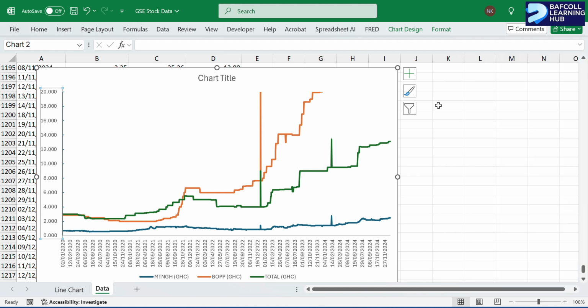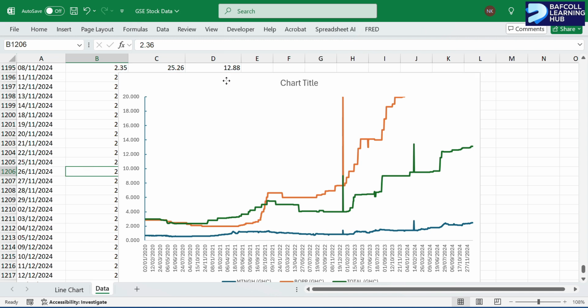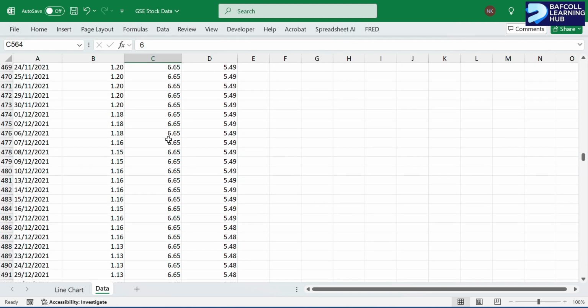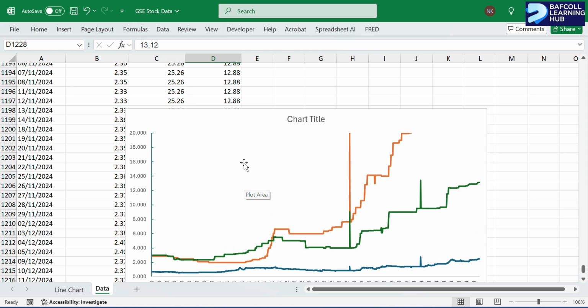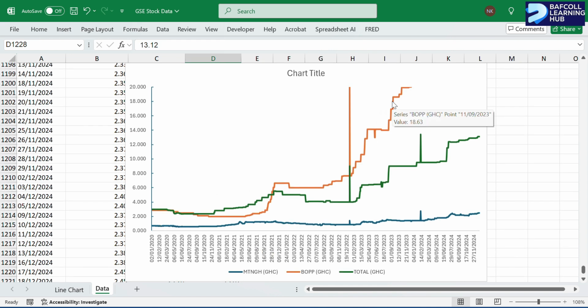Now what I want us to look at is that from the beginning we saw that a chart can tell us information that we might find difficult to see from the data set. From these data sets, although we can tell a story out of it, it's very difficult to tell a reasonable or sound story. But looking at this chart, we could see that all the share prices are increasing over the years, but there's been a steep increase in that of